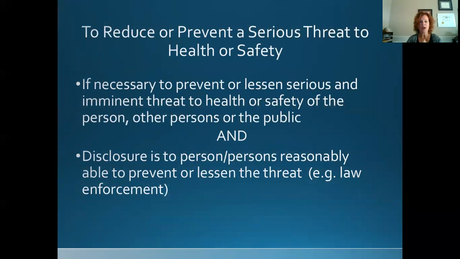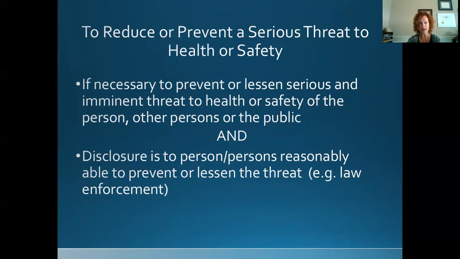Another disclosure that HIPAA permits to be made without the authorization of the person are disclosures that are necessary to prevent or lessen a serious and imminent threat to the health or safety of the person, to other persons, or the public, and the disclosure is made to persons or entities that are reasonably able to prevent or lessen the threat. So one example would be law enforcement, but it could be any person that's able to prevent or lessen the threat. So it could be a disclosure to a school if threats were made against a school or a student at the school. It could be a disclosure to a parent if a parent is reasonably able to prevent